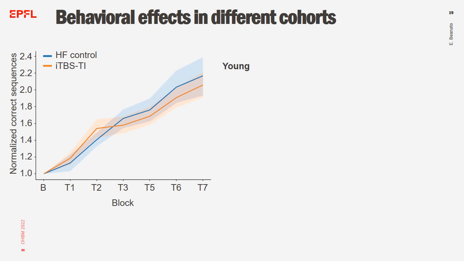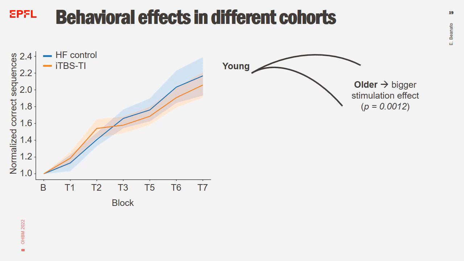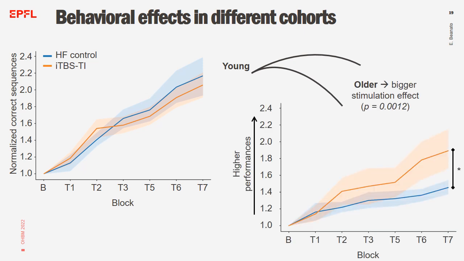network. In this case, ITBS stimulation led to higher motor performances, up to 33% of improvement with respect to the control. These results, the difference between the young and the older cohort, could be explained by different reasons. Firstly, the older cohort could simply have a greater room for improvement because of the decreased motor performances due to age. An alternative hypothesis instead could be the fact that age leads to both structural and functional